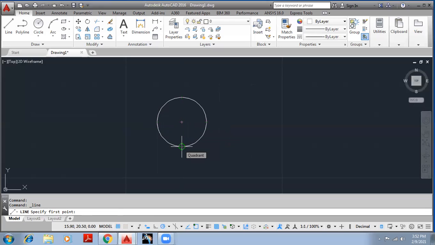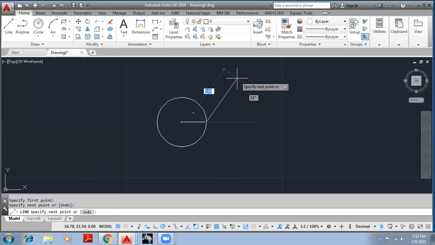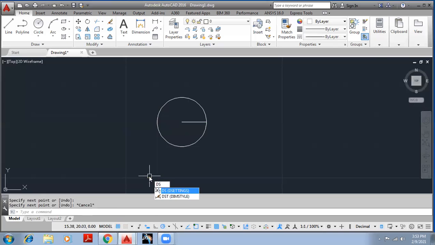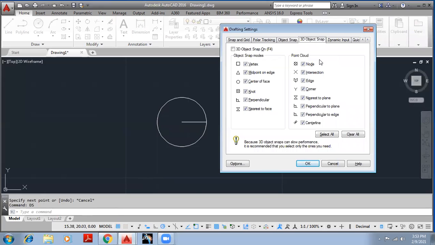It shows that you are drawing something starting from that particular coordinate, or that you are starting your sketch from the center point of the circle. So it confirms that you placed the first point in the right place, and it defines that the second point is also at the right location. It confirms that your sketch is okay. This is how object snap works. Similarly, 3D snap is also there.